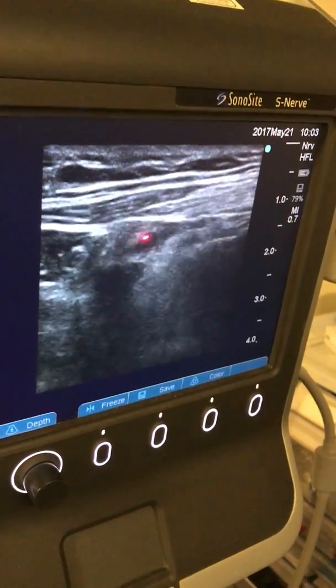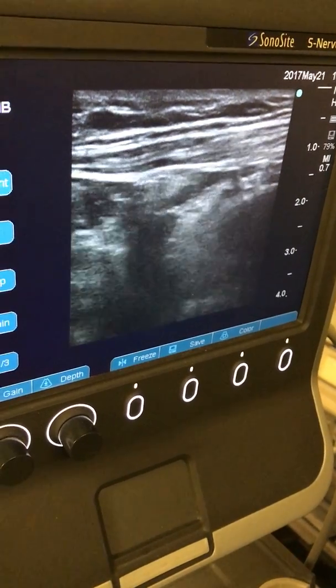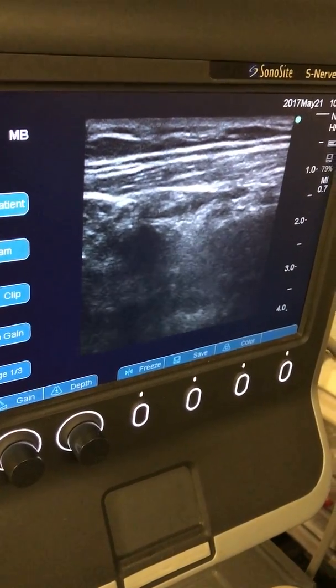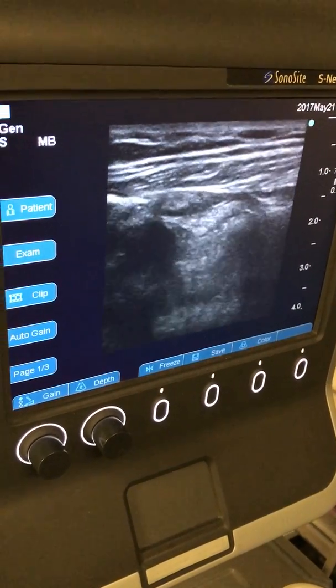So what sort of play is it? Do you keep the probe slightly angled? Angled. Okay. Angulation of the